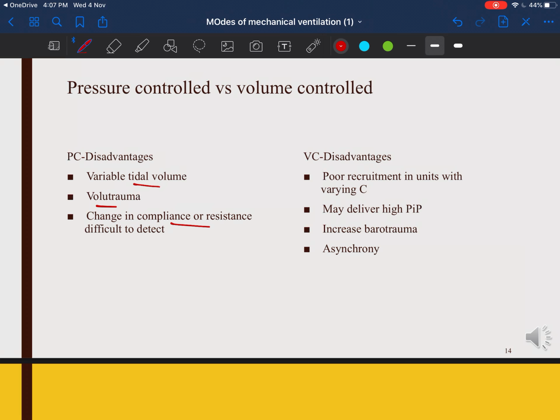Volume control disadvantages are if the time constants are varying between the alveolar units. If it's a heterogeneous disease the lung is suffering from, then there might be poor recruitment. The ventilator might deliver a higher PIP to compensate for that, to achieve the set tidal volume. That can result in increased risk of barotrauma and asynchrony. Okay. So between pressure controlled and volume controlled, which is better will depend upon the patient's pathology and the pediatrician